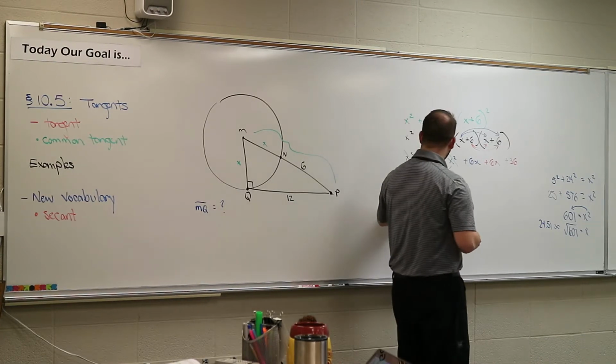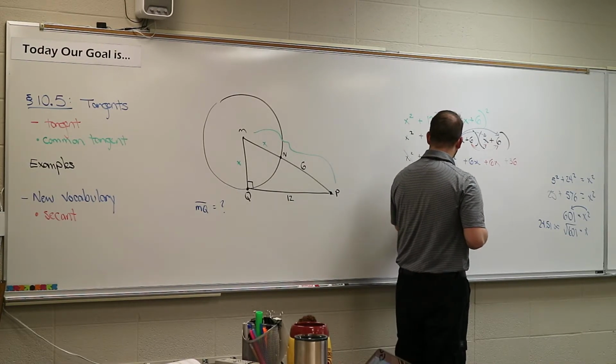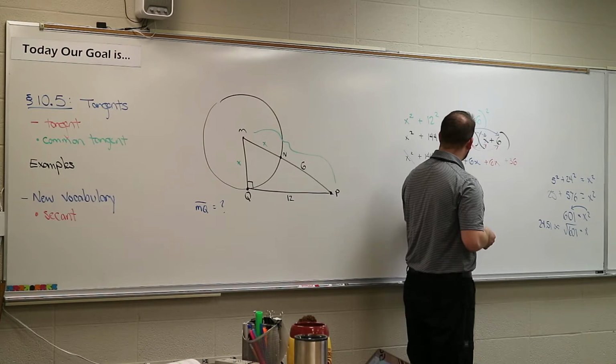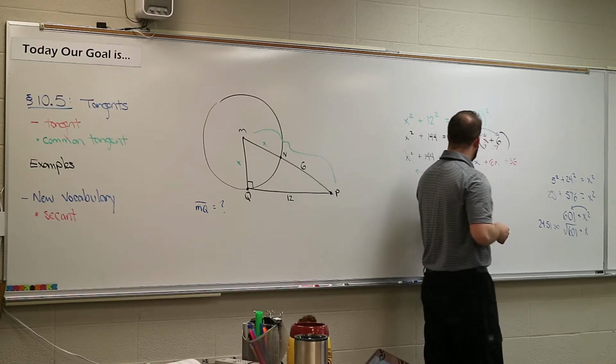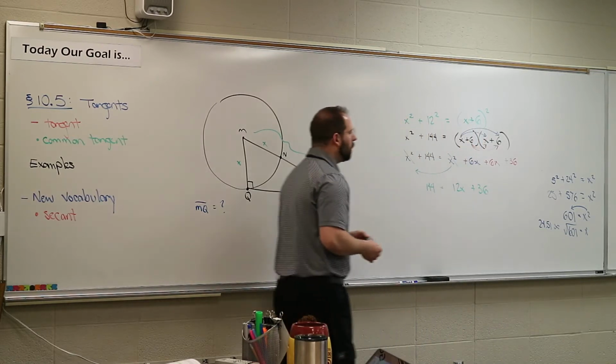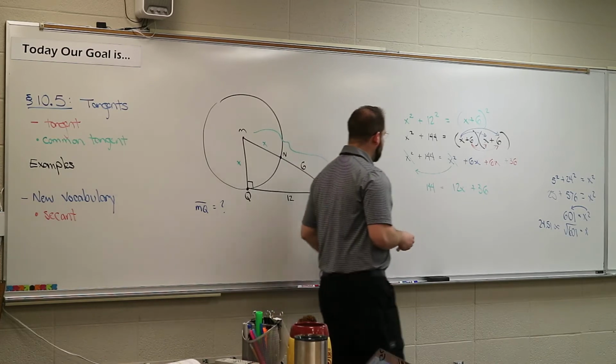But then what I'm left with is this. I have the 12x's over there and the 36. And now that's just a simple algebra 1 problem. So you'd have to subtract the,